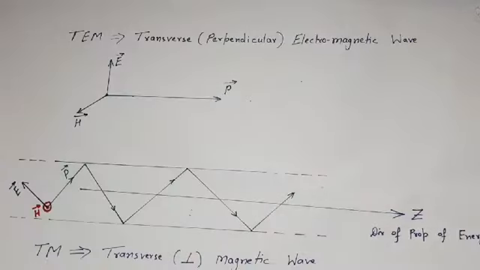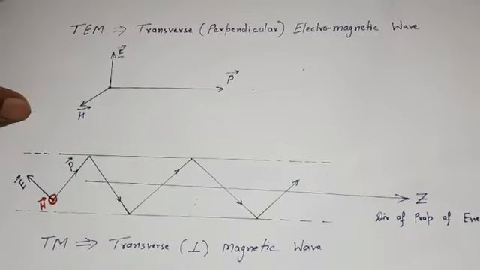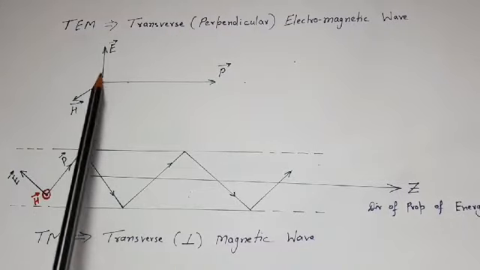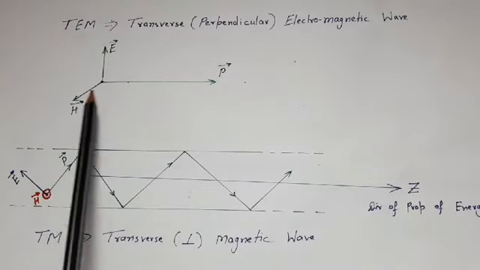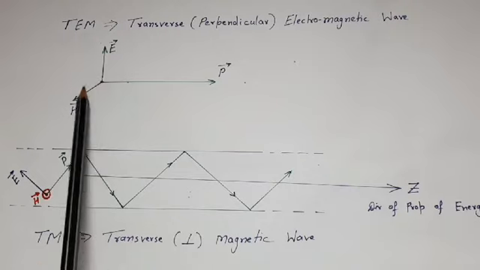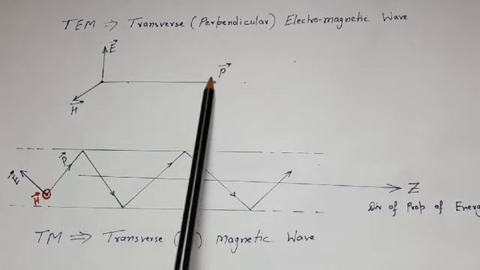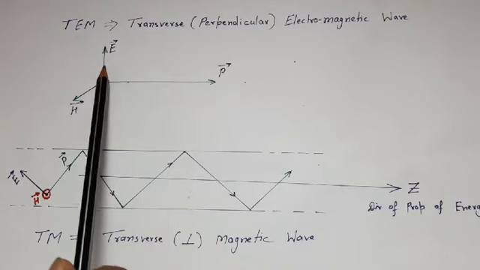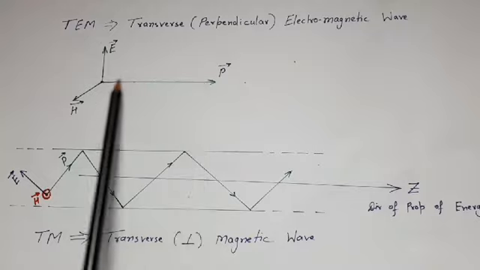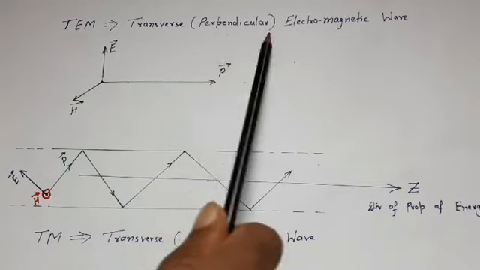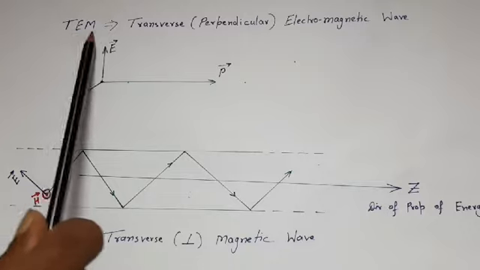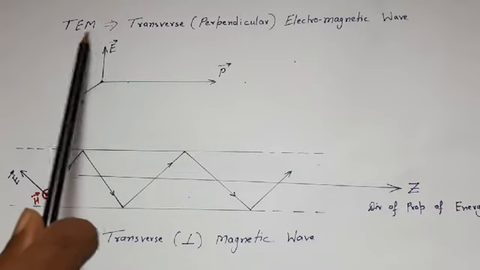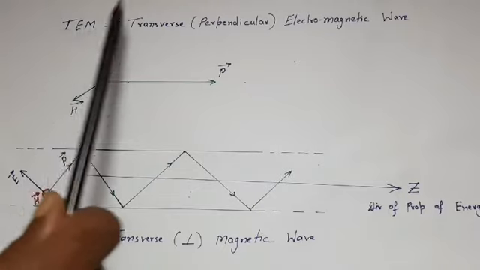Now we move further and do some analysis. As we all know, a transverse electromagnetic wave, that is TEM, contains electric field vector and magnetic field vector, that is E and H. And these two vectors move in forward direction, which is known as direction of propagation. For free space unbounded medium, this electric field vector, magnetic field vector and direction of propagation are mutually perpendicular to each other. This propagation is known as TEM because in this the electric field vector and the magnetic field vector both are perpendicular to direction of propagation of energy.